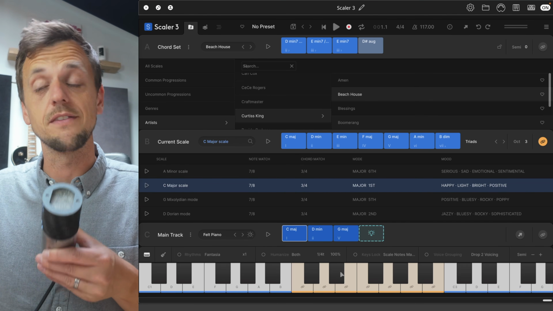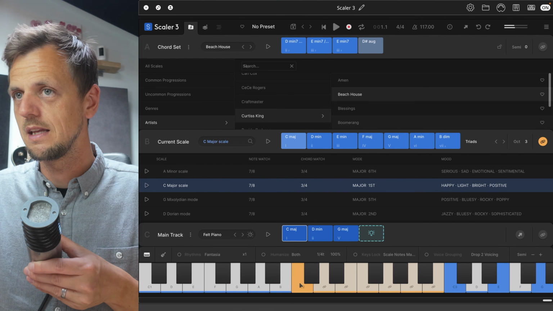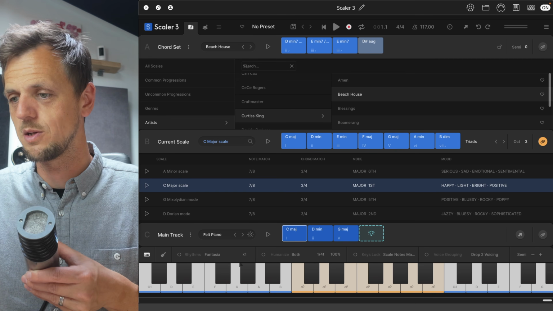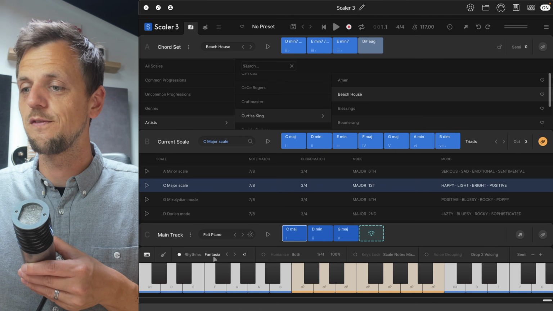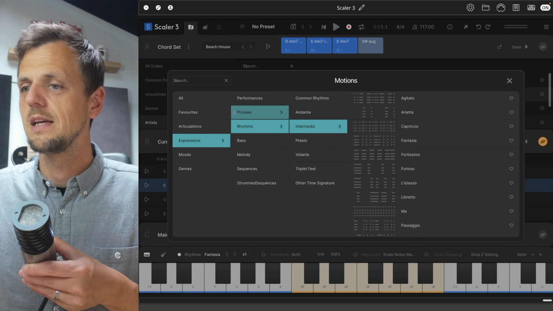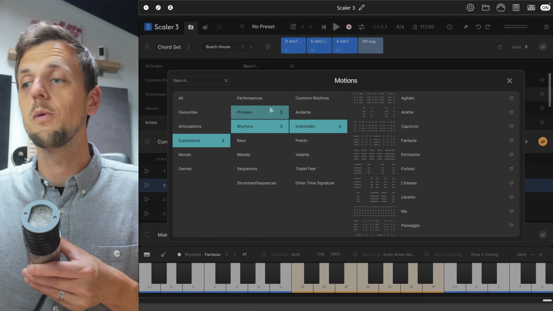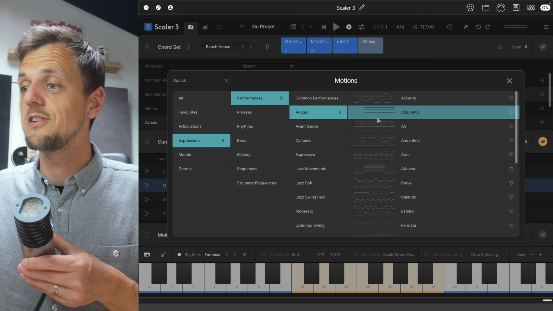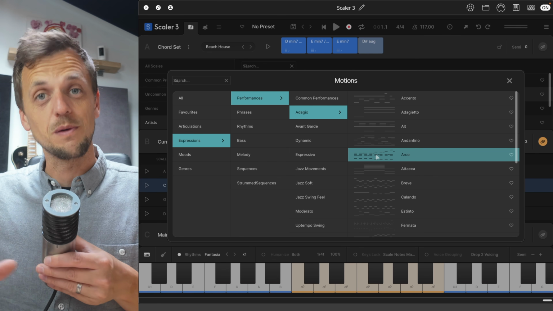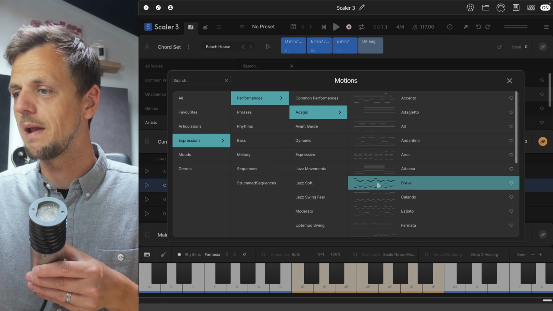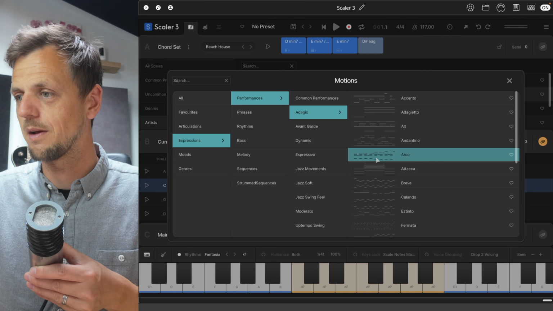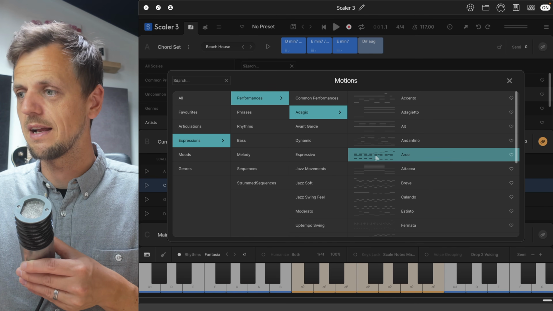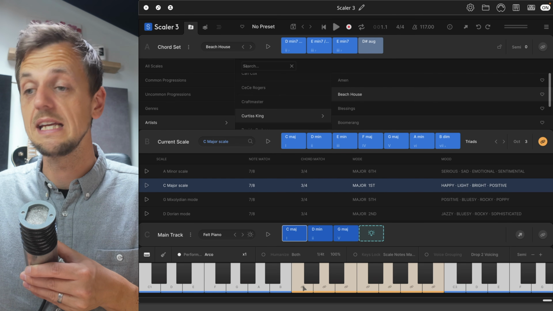Just as standard, if I hold this key, it would just play the single chord, nothing more to it. But if we click on this performance section down the bottom, we get all of these different options. You get performances, which will essentially play a nice performance by a professional keyboard player, or at least it's programmed to sound like one. Let me just give you a demonstration. If I click Arco and I hold the key now,